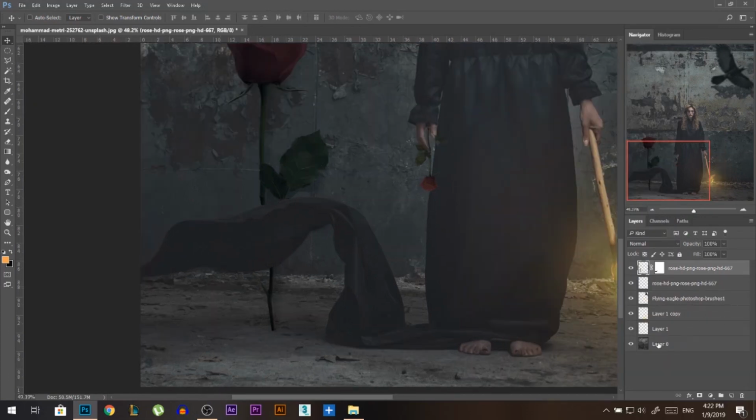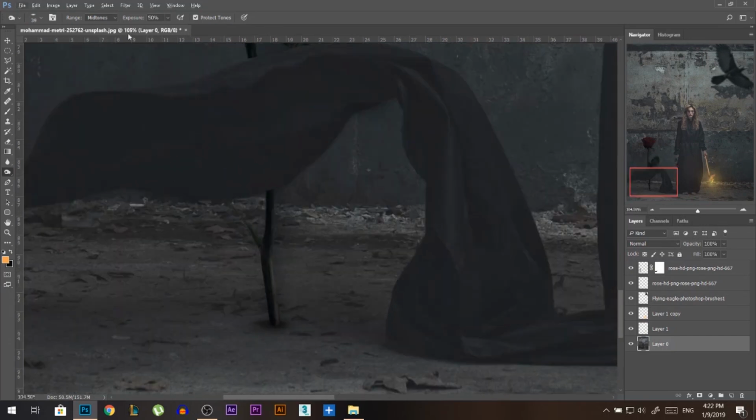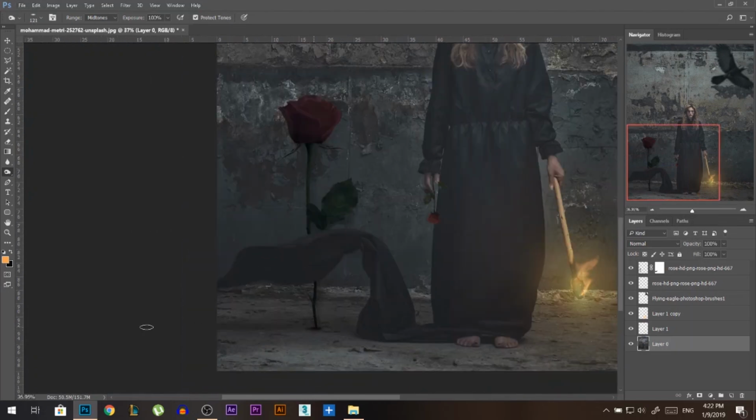Let me stand on the bottom layer. This is the layer below. Let me take the burn tool and I'm just gonna burn very slightly here so that it looks like it's rooting from the floor. Something like that. Actually, I'm gonna draw the whole shadow like that. This is like the shadow of